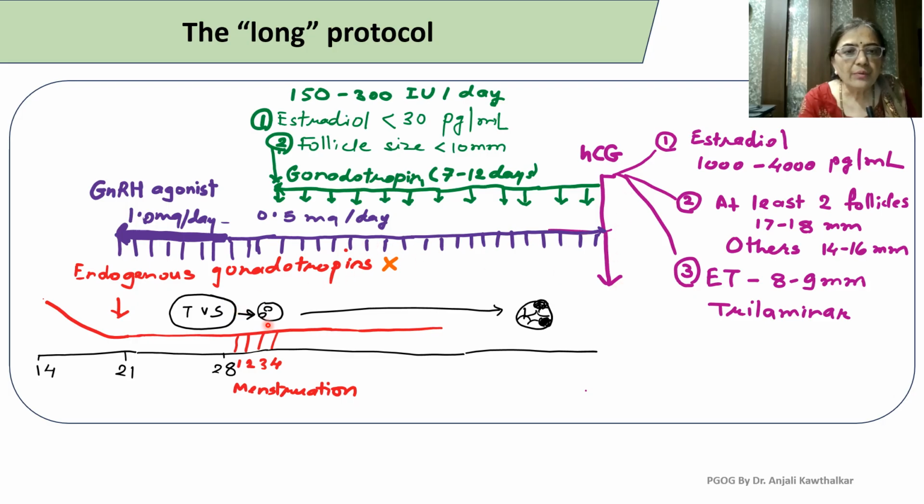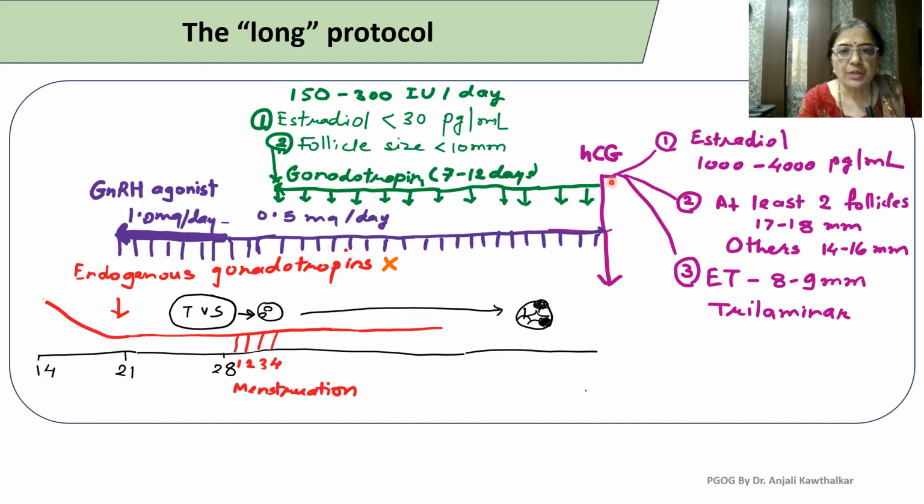Now, serially we keep on doing serum estradiol level, and transvaginal sonography is repeated. When estradiol level falls to less than 30 to 40 picogram per ml and follicle size is less than 10 millimeters, then we initiate gonadotropin with a dose of 150 to 300 international units per day. Now, blue is for GnRH agonist, green is for gonadotropin. For all the rest of the regimens also, we will be using the same color coding. That is why I want students to remember that blue is for GnRH agonist, green is for gonadotropin,